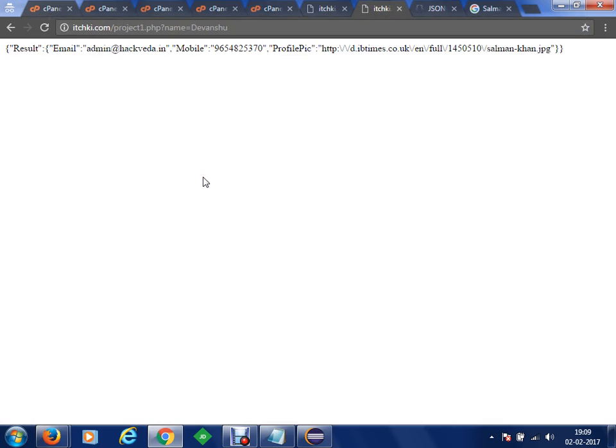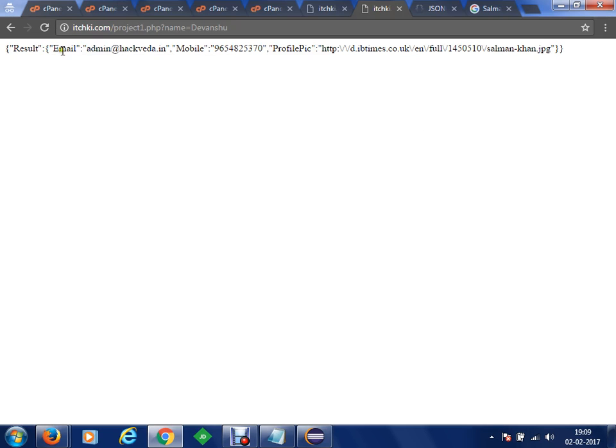So as soon as I refresh, now you can see that I have got the output in a different manner. Here you can see that you have got the very first key, and the key has the complete result in it, and within that key we have other keys like email, and using email we can identify the email of user Devanshu, the mobile number of user Devanshu, and the profile picture of user Devanshu.